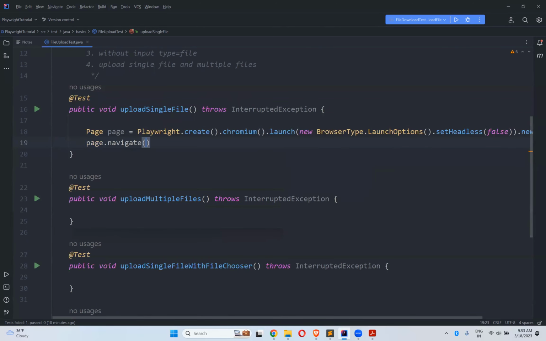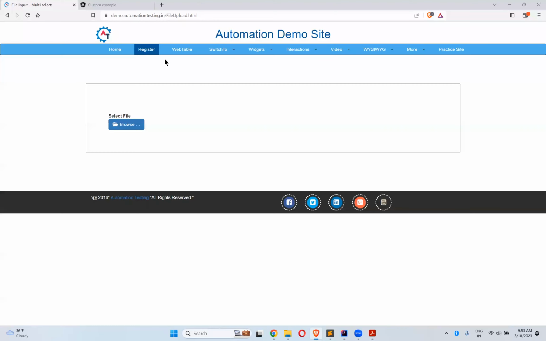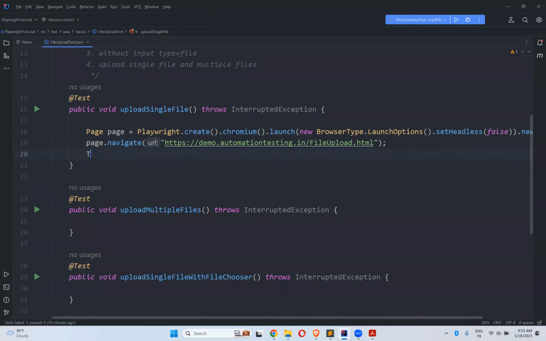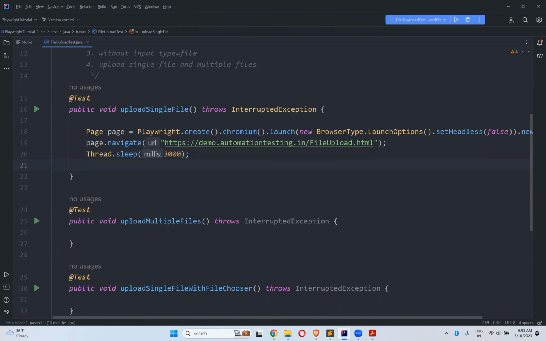page.navigate, where am I going? demo.automationtesting.in/FileUpload.html, this is the website I'm going to. Once I go there, I'll wait for 3 seconds to see the execution properly. After that,